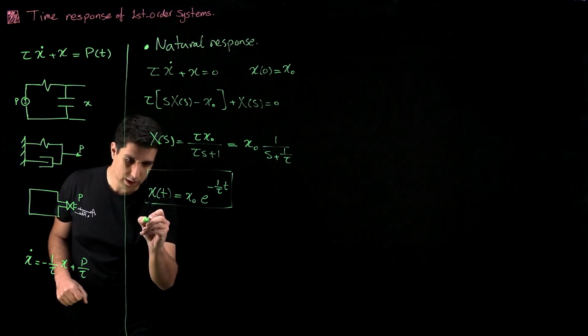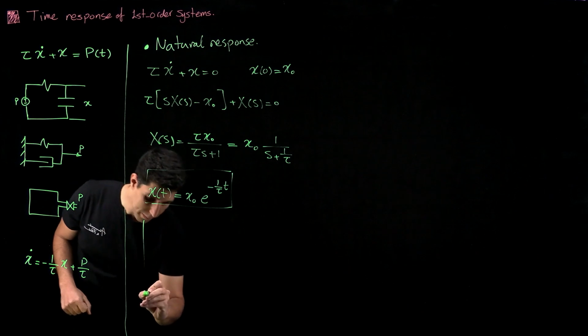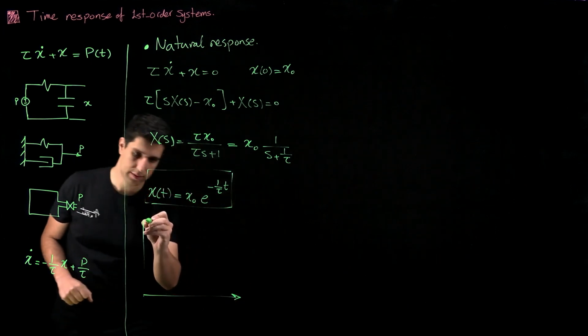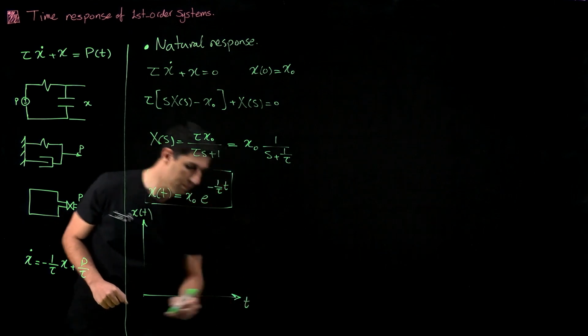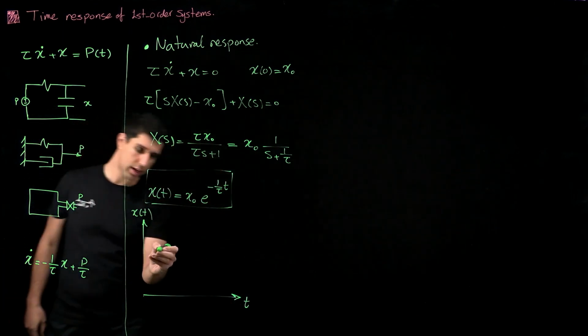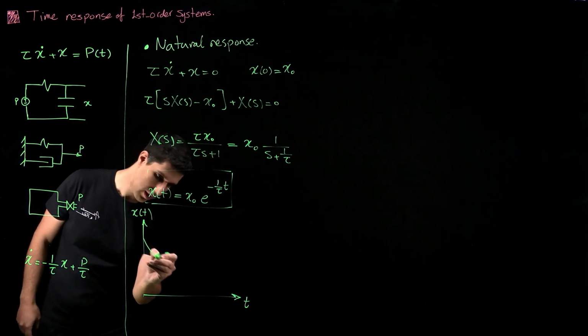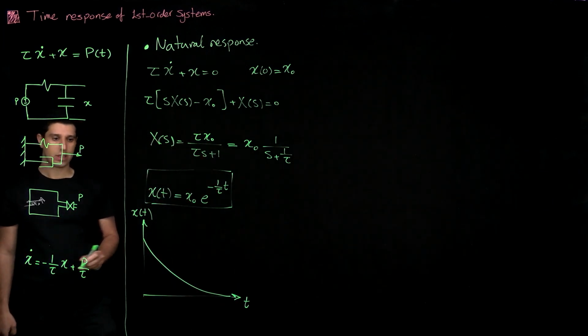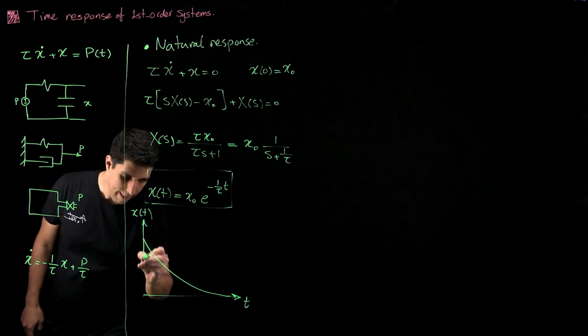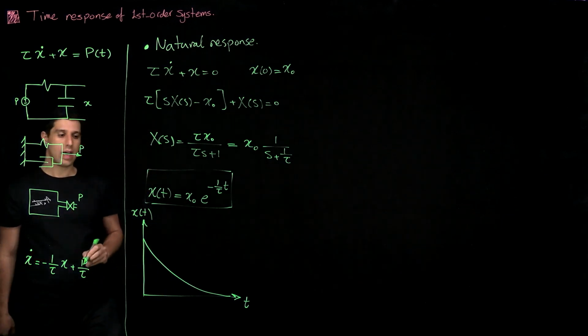If you want to plot that, so I'm plotting x of t versus time. The way it looks is something like this. It's an exponential decay, and